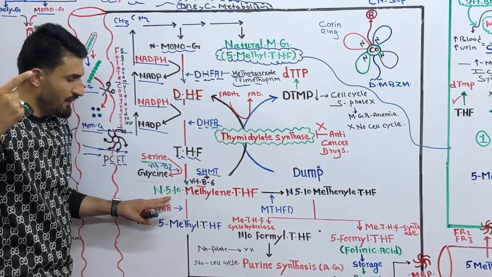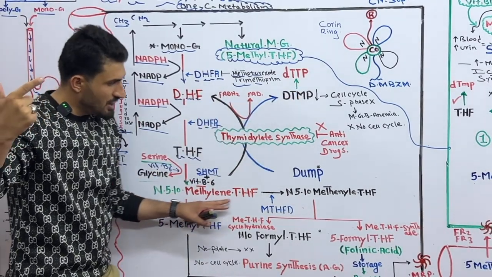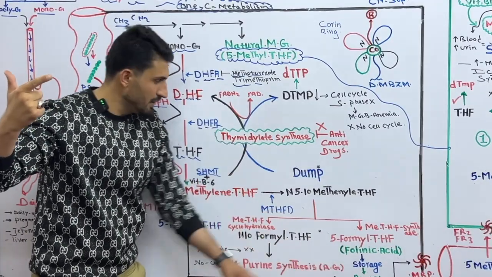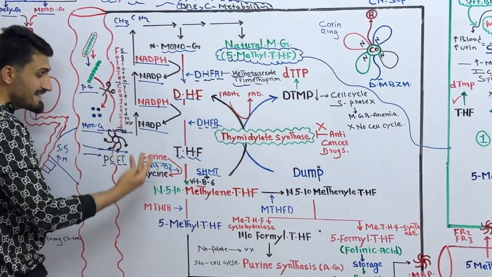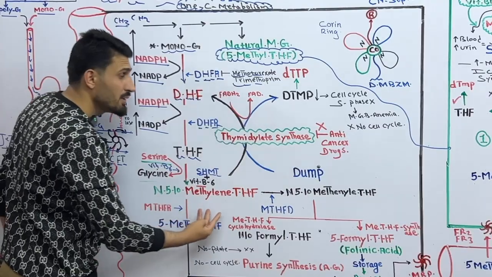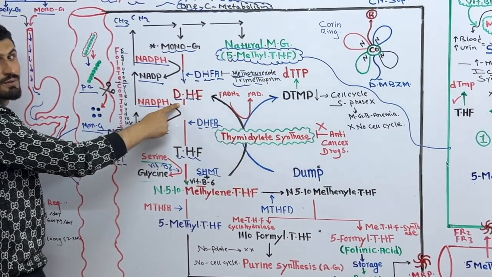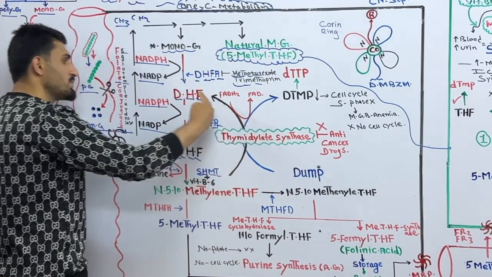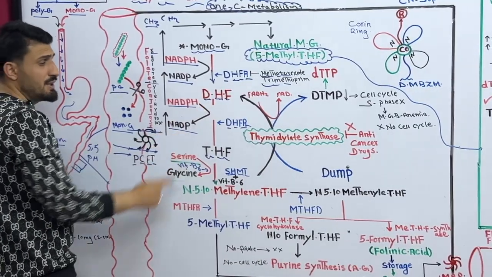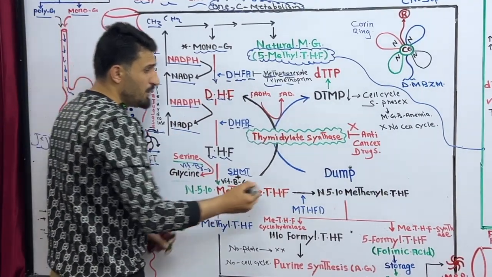Second, we can change 5,10-methylene tetrahydrofolate to these forms of tetrahydrofolate. Thirdly, we can change 5,10-methylene tetrahydrofolate back to dihydrofolate. So when we want to change it back to dihydrofolate, this is a very important step. Here we will change